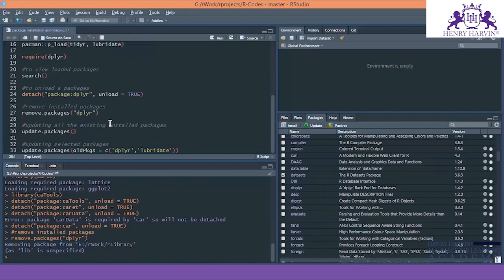Next step is updating the existing installed packages. So whenever you want to update the existing package, the command is update.packages. What it will do is it will automatically update all the installed packages in your system. And if you want only specific packages to be updated, the command for that is update.packages. Within the brackets you can mention oldPkgs, that is old packages, equal to, within the concatenation function I have given the names of the two packages that I want to update. So you can run this command and only dplyr and lubridate will be updated. Rest all will not be